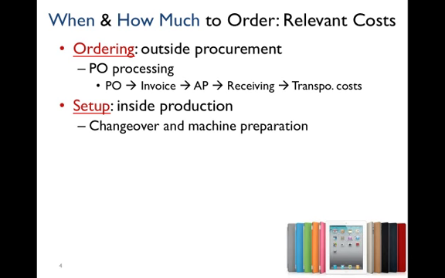Same thing on the inside. If I have to set up machines to make the product that I'm running out of, and I had a trigger for more, then the more time and expense involved in setup, probably the longer the run would be, so I reduce setups. In both of those cases, if you want to do those activities fewer times, that means you're actually going to buy more and then hold more inventory. So there's going to be this trade-off between the cost to get the product, either ordering or setup, and